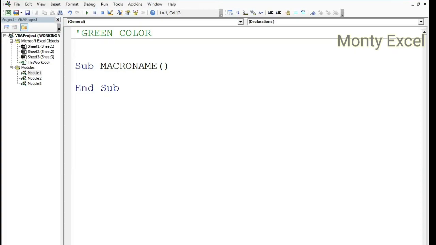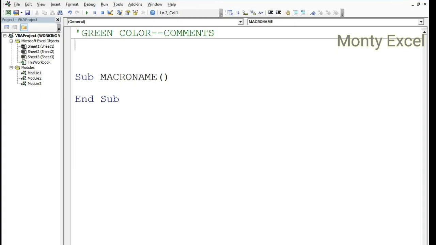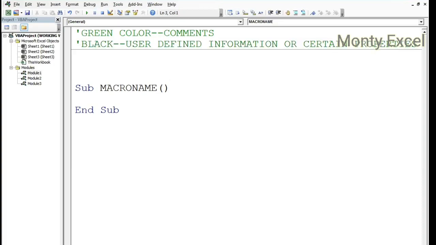Green color, as we have seen, is for comments. Now let's see black color. Black color is always user-defined information or certain